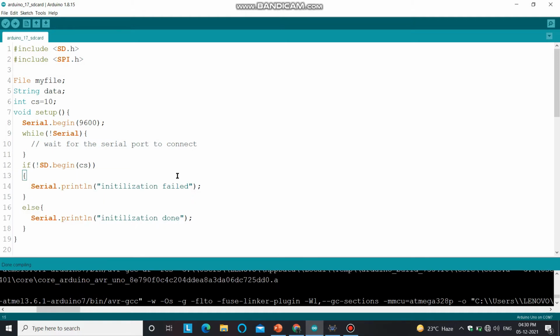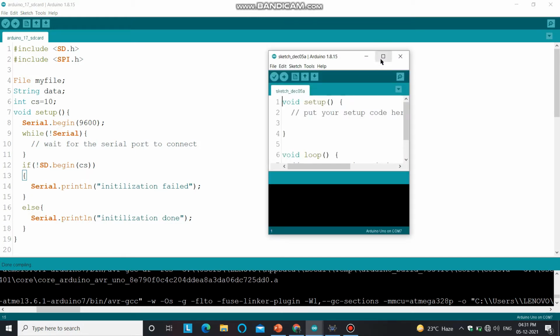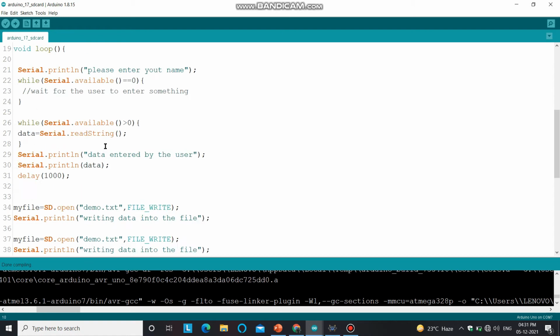The code that we are going to use for today's video for creating the file, writing the data into the file, and then fetching the data from the file is this. I will explain all these steps one by one. So let's create another file so that I can explain all the steps that I have used here.